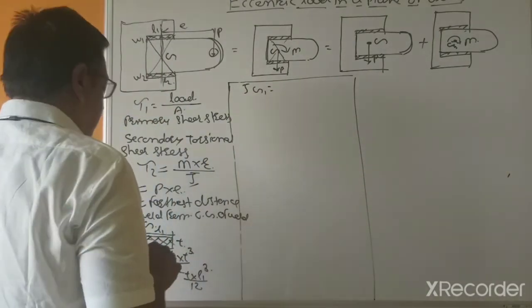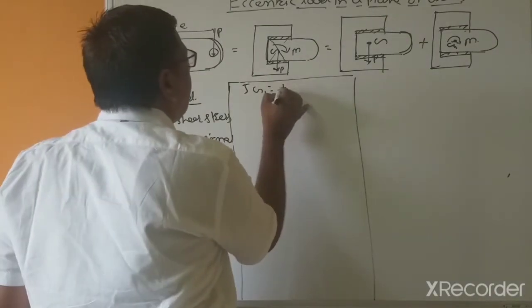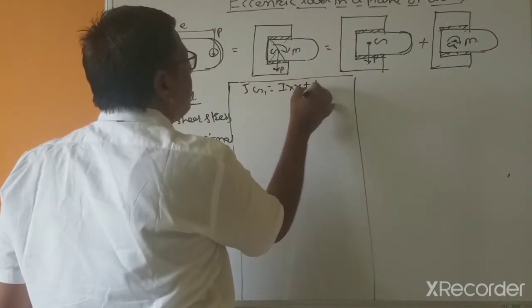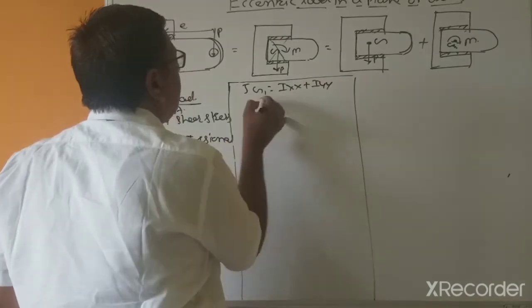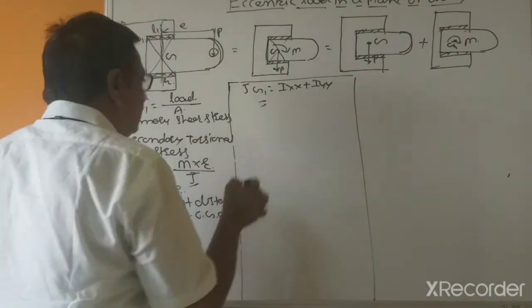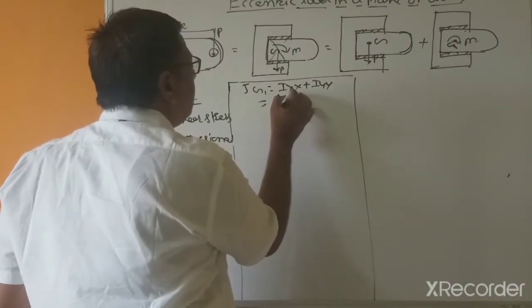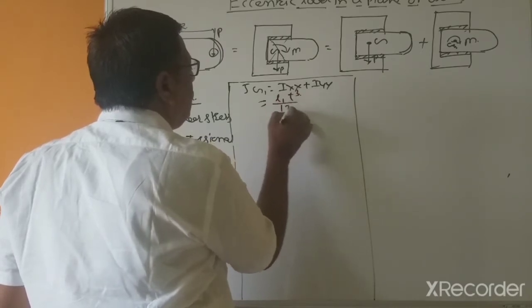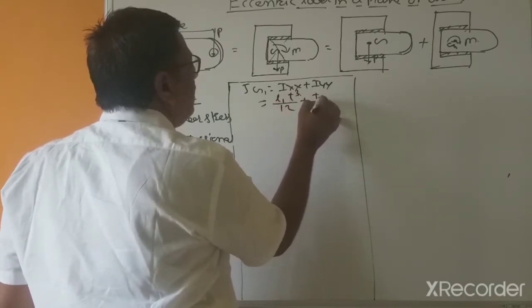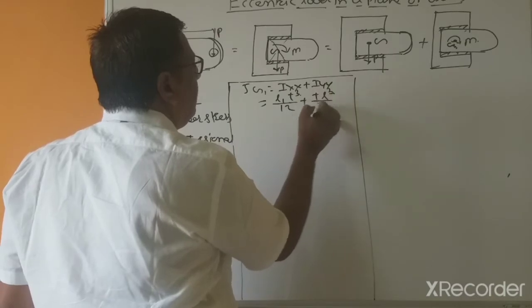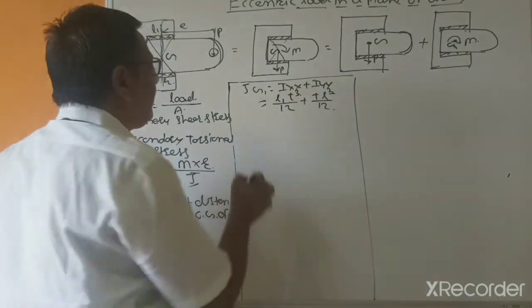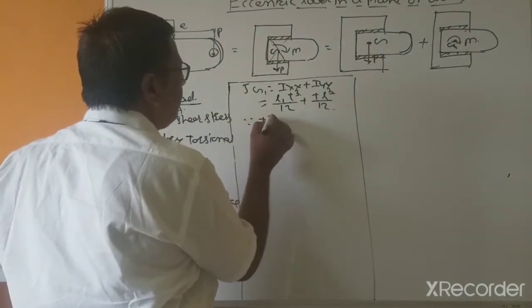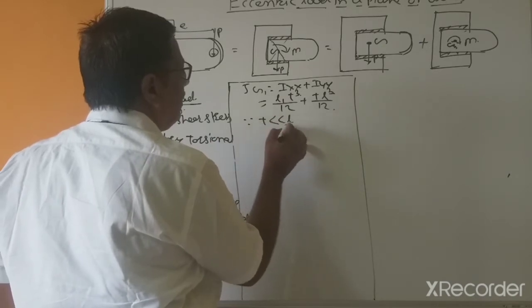So Jg1 equals Ixx plus Iyy. Now Ixx equals L1 T cube divided by 12 plus T into L cube divided by 12. Since T is so small,